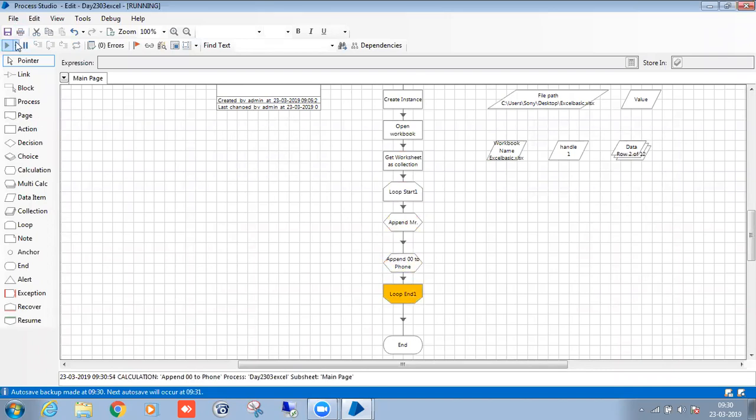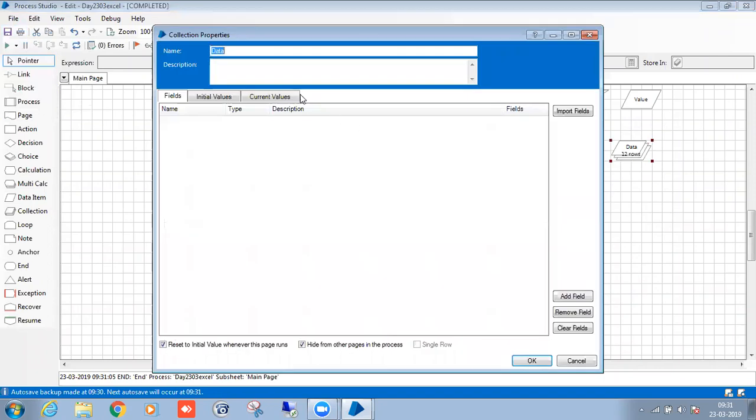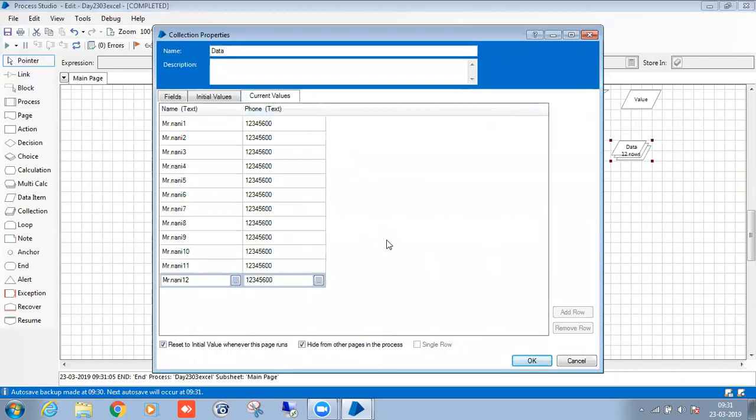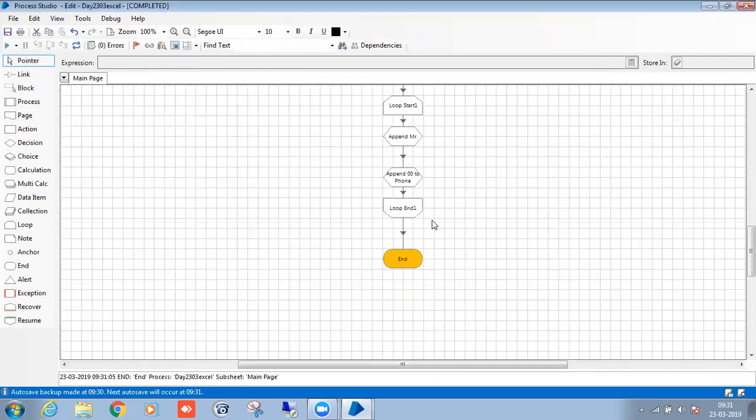Can you increase the speed? Done. So this is the data. You want to write this data to Excel again, so how do we need to write it?